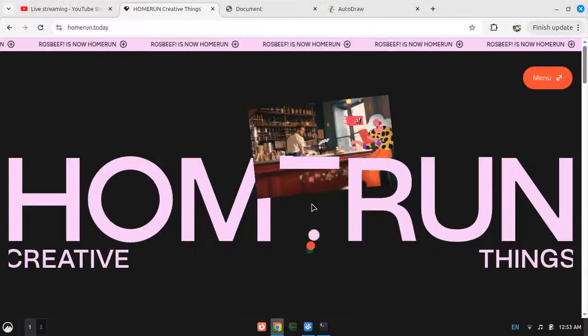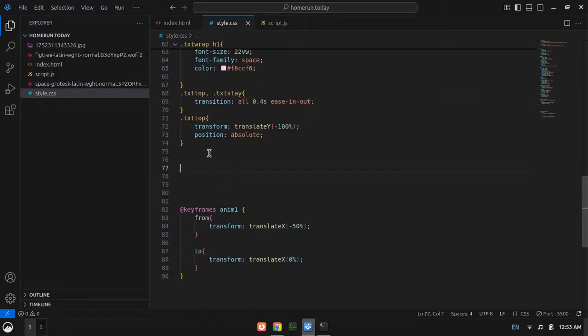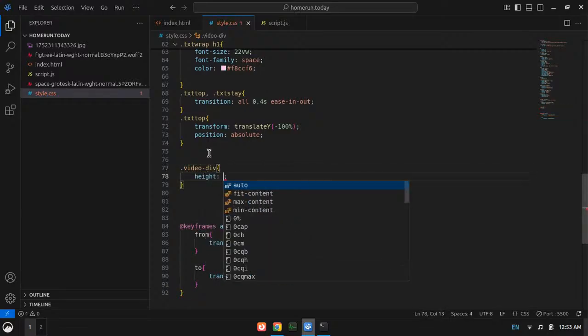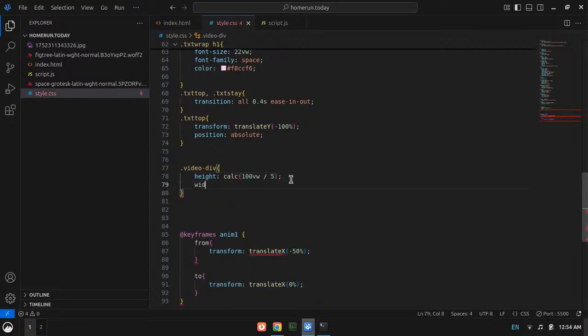Inside this video div, I'll go to CSS and set the height to calc of 100vh divided by 5, and the width to calc of 100vw divided by 5.